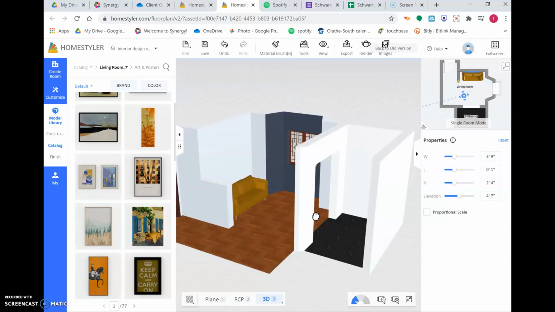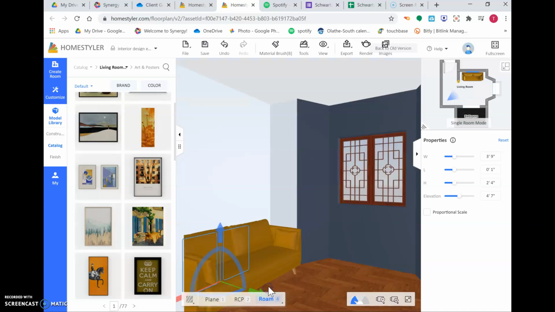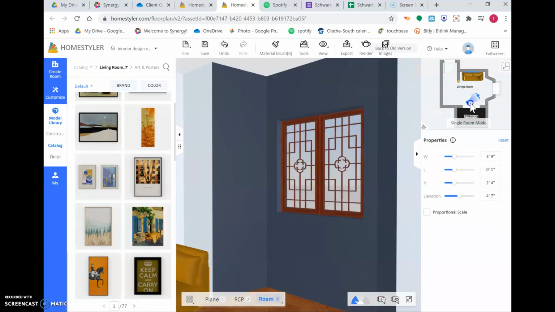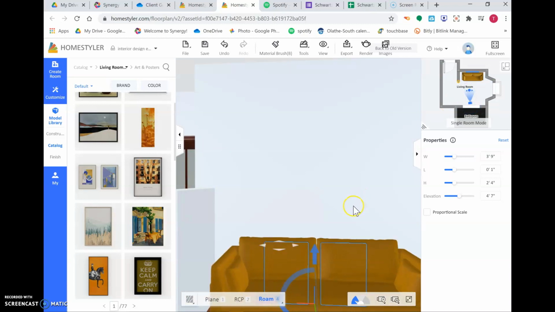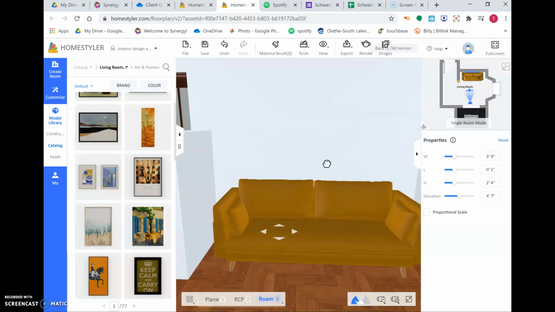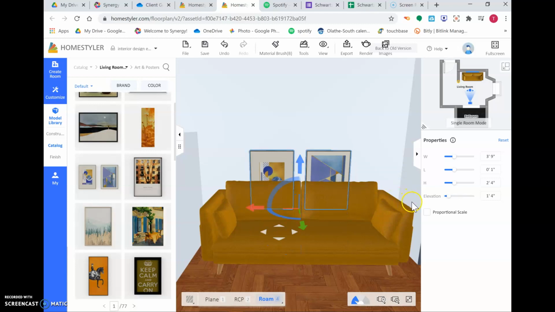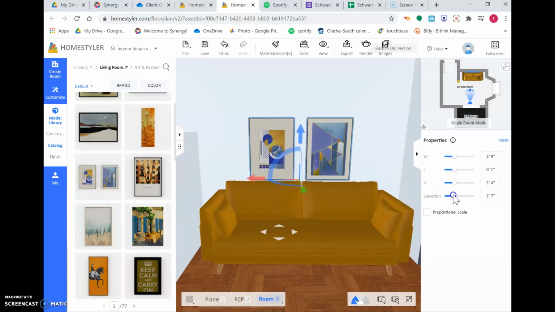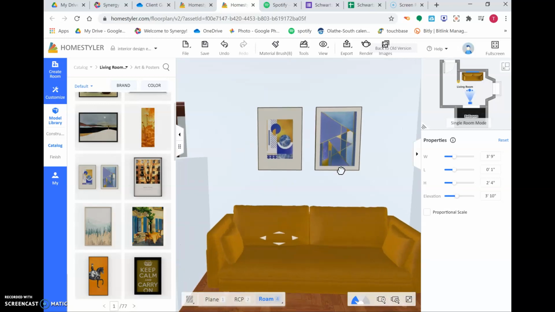Okay, so if I go over here, you can see that the art is not really visible. It's behind the couch here, and I'm actually going to switch to my roam view so we can get closer. Adjust up here, and okay, so the art is still selected, and we need to change what we call the elevation. You can do that a few different ways. One is this blue arrow. You can do that and just lift up, or I can go over here and change the elevation using this slider tool. So now if you look, the art is no longer behind the couch or on the ground,